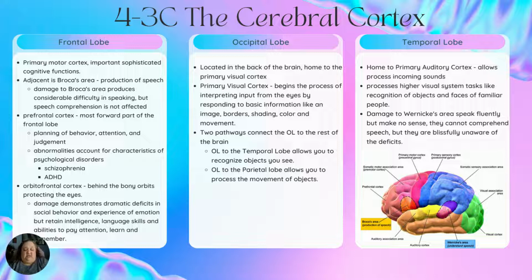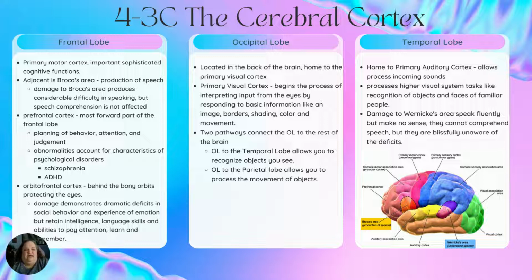The frontal cortex is also the part of the brain that deals with judgment. It's the very front of the brain, and it doesn't really mature until you're in your 20s. So when we talk about teenagers making immature decisions, it's because your frontal lobe is not mature yet. And you just don't have that impulse control that you need in order to make decisions like not drinking and driving, not taking drugs, not racing your car, and things like that, that are traditionally teenage type things. It's because that frontal lobe is not mature yet.